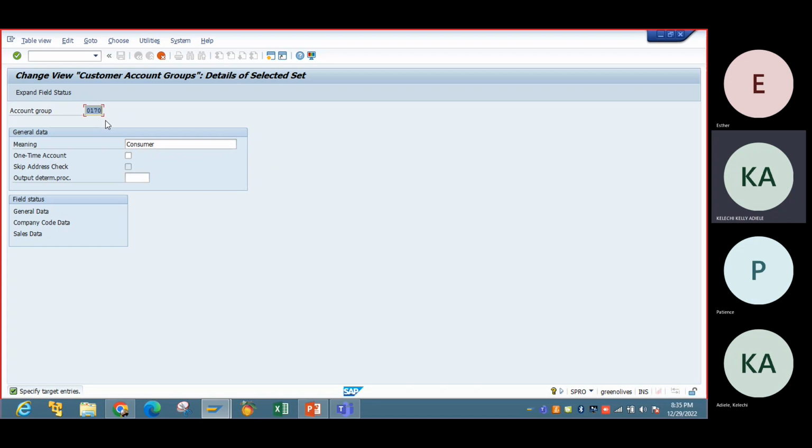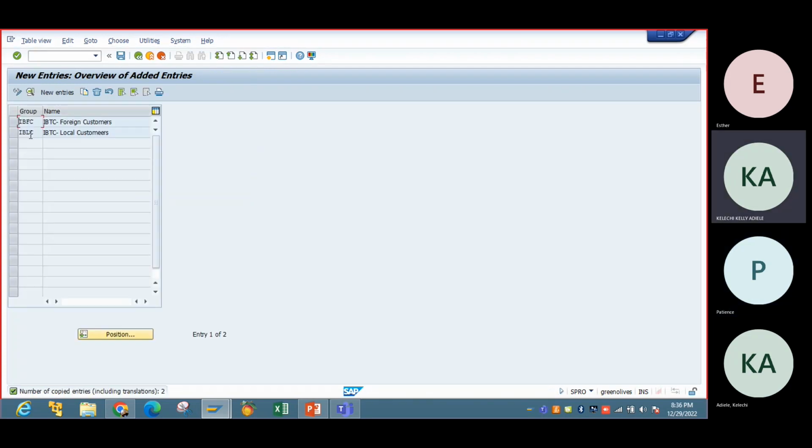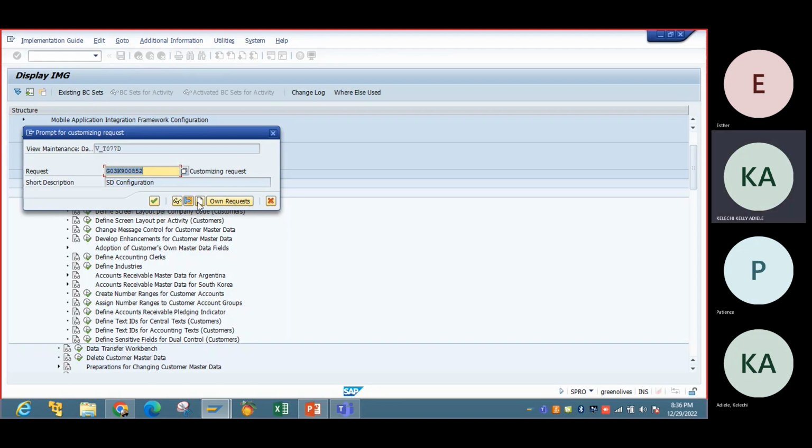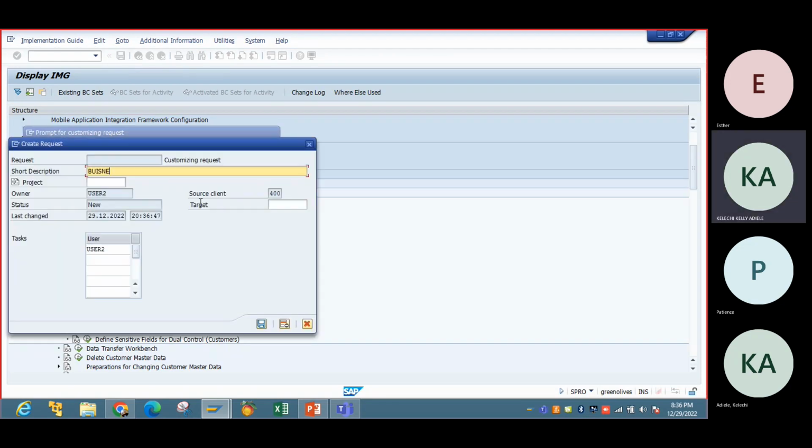Then the next one is IBFC. That's IBTC. Go and enter. Then we have 2 customer groups, IBFC and IBLC. Then we save. Then we say this is business partner